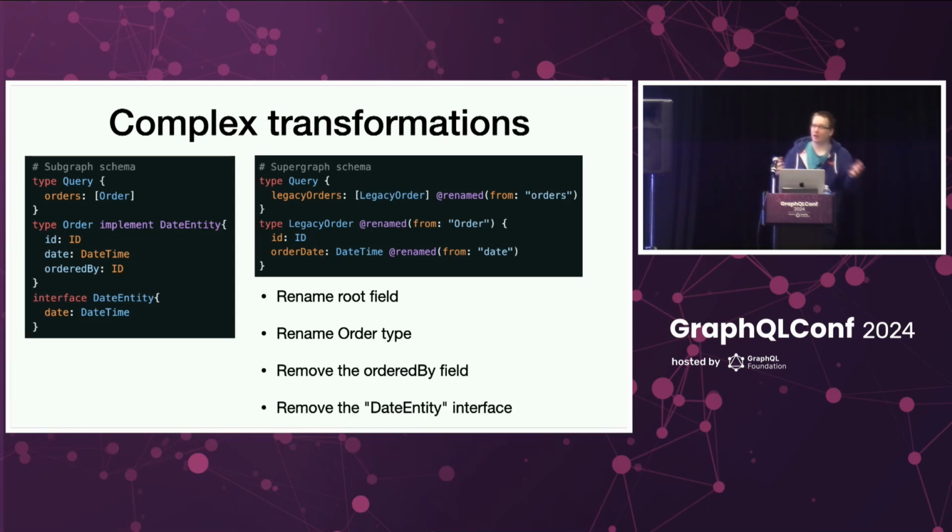We removed the whole interface. On the right side, we simply didn't declare and didn't use the date entity interface, and that's all. As long as you reduce the API and remove something, it's as simple as simply not typing it or not including it in the supergraph API. I hope this again makes the approach a little bit clearer, what we have and why we have it.